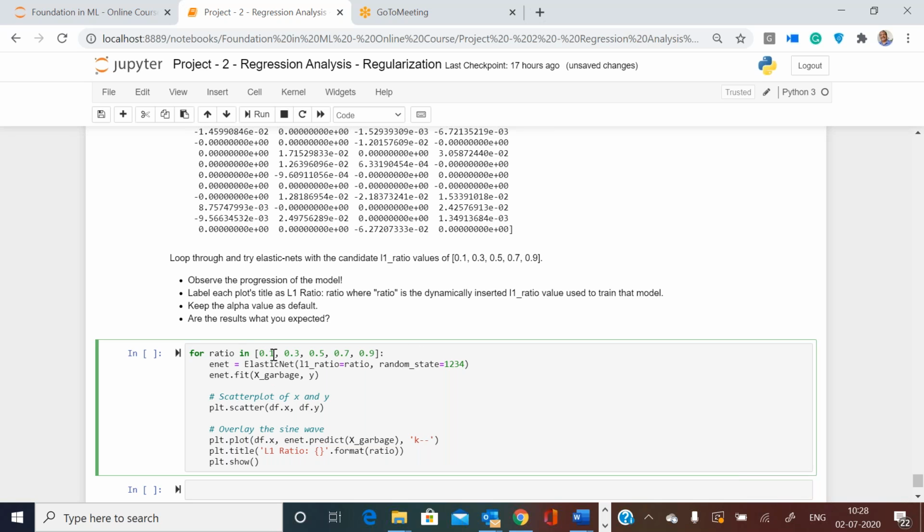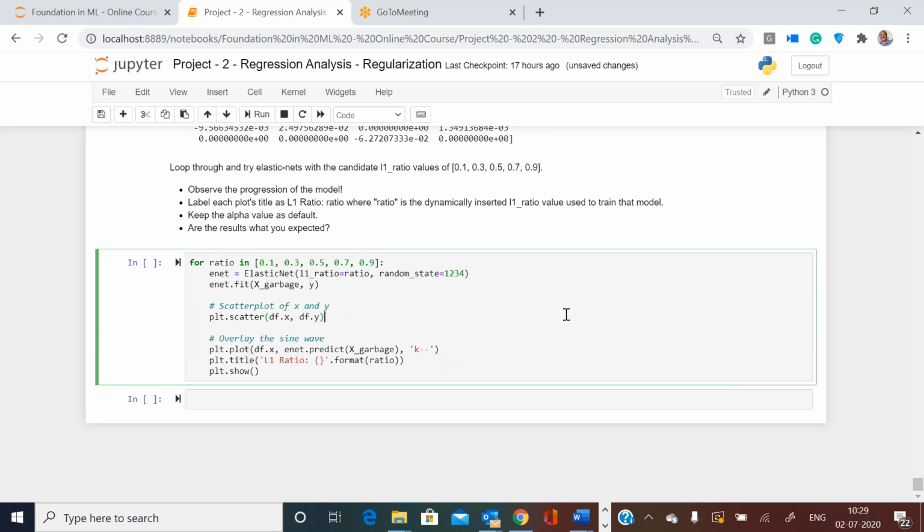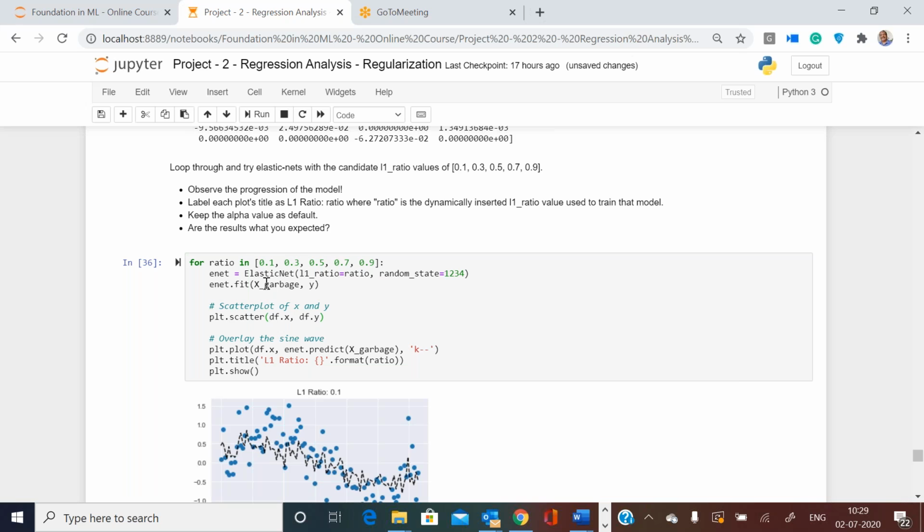I want to try L1 to L2 ratios of 0.1, 0.3, 0.5, and I'm keeping alpha equal to 0.1. I'm not playing with alpha, but if you are interested, you can put another for loop with alpha values, try different alphas for these L1 L2 ratios, and see many plots and the effect. But I'm not doing all that. I'm only varying l1_ratio, with numbers from 0.1 to 0.9.